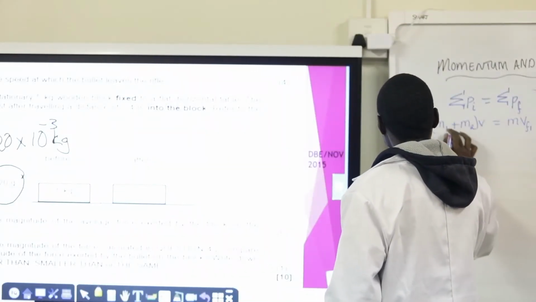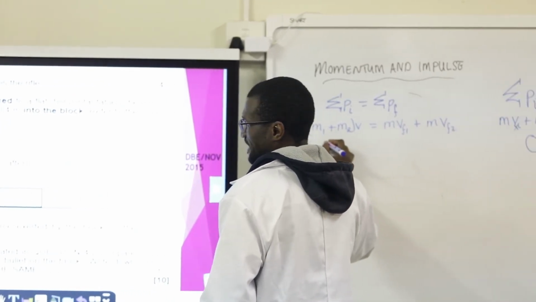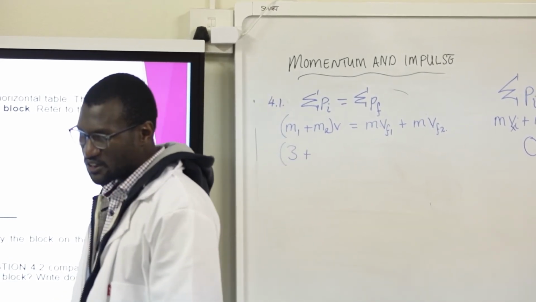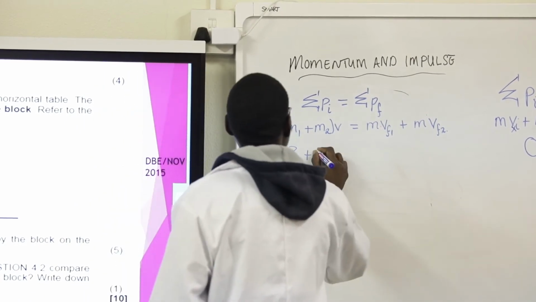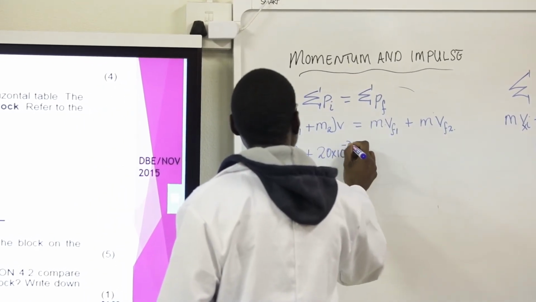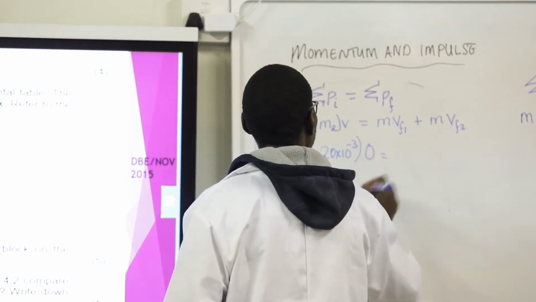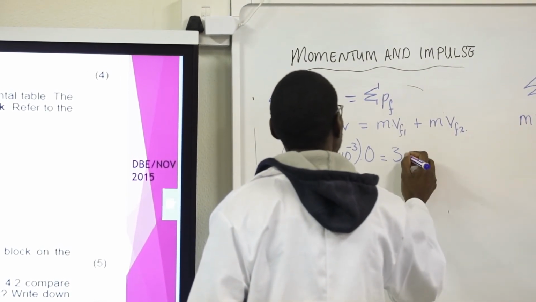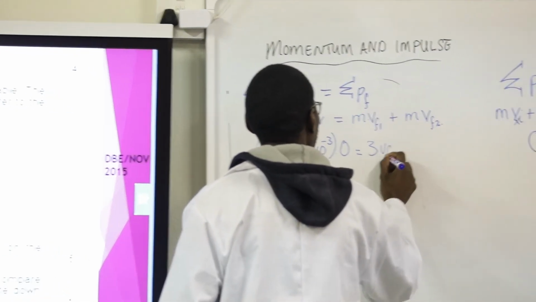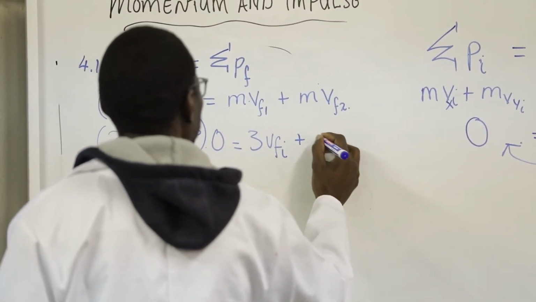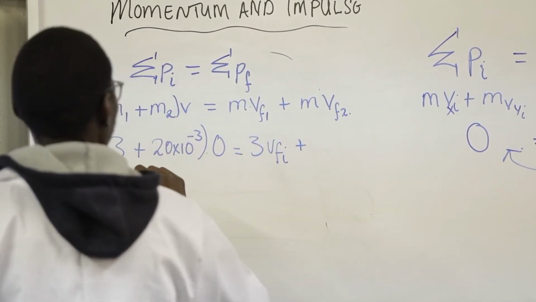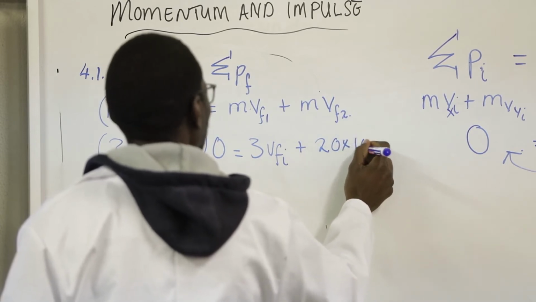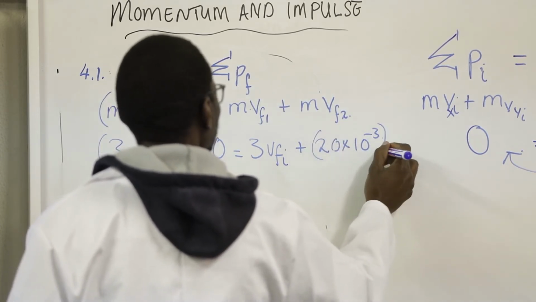So, the mass of the gun is 3 kgs, if I'm not mistaken, yes, plus the mass of the bullets, which we have now changed to kilograms, 20 times 10 to the power negative 3, multiplied by 0, is equal to the mass of the gun multiplied by the final velocity of the gun, which we don't know, plus the mass of the bullet multiplied by